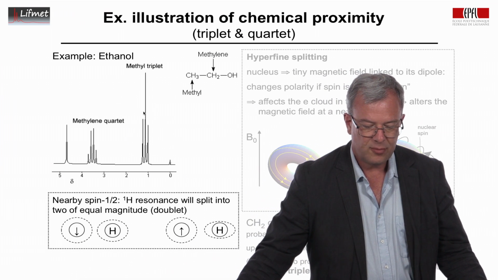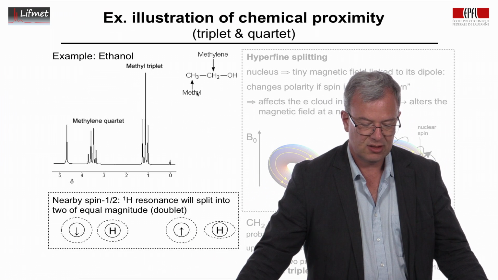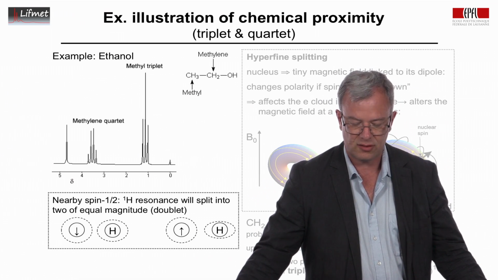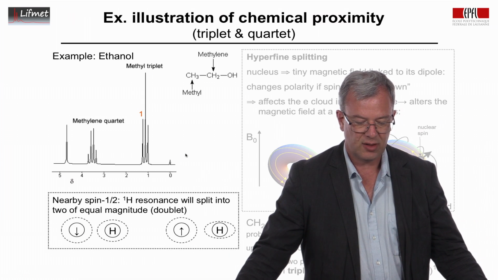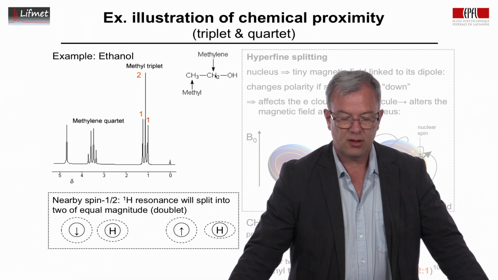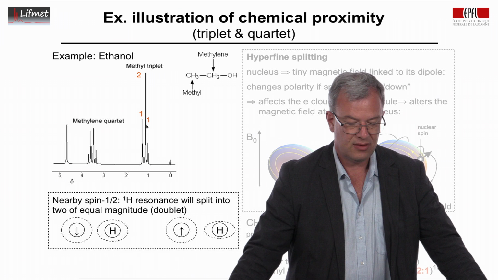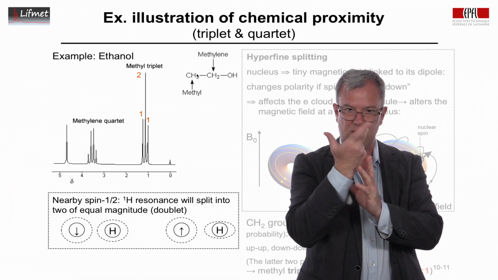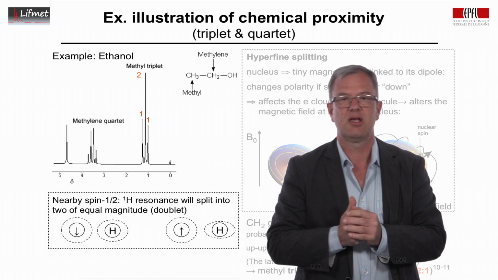We're here observing 3 protons, but the next molecule that this interacts with has 2 protons, so we have 4 possibilities: 1, 1, and 2. That's the up, down, down, up. Now at the CH2 position, if I look at the protons that are here, they are seeing 3 protons from the methyl. Because the methyl typically rotates very fast, the 3 protons are